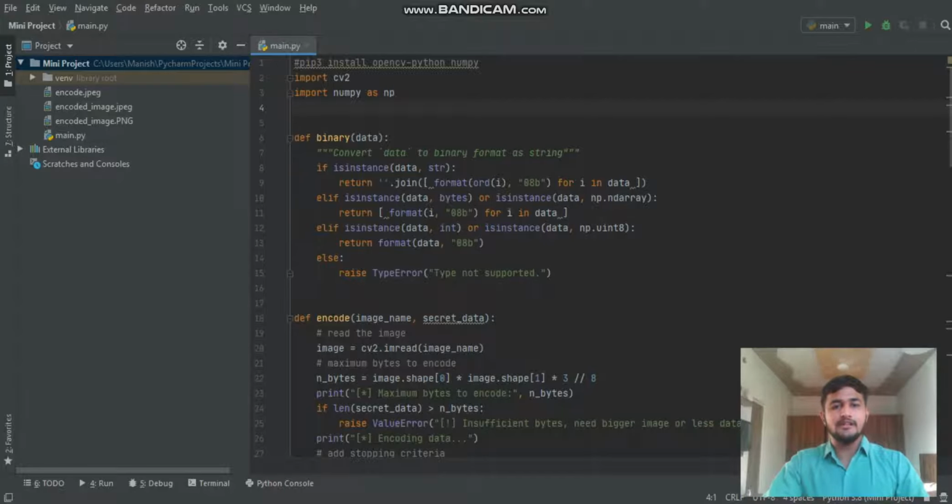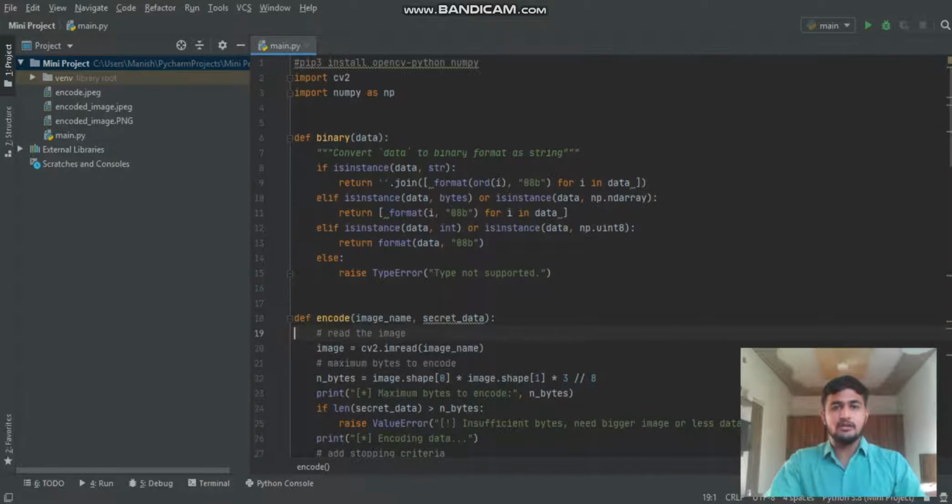If it is bytes, we will again convert it into the 8 bit binary format. Then we will check for integer and convert it. If it is an integer data type, we will convert it into 8 bit. And if the data is none of these data types, then we have to raise a TypeError called data type is not supported.